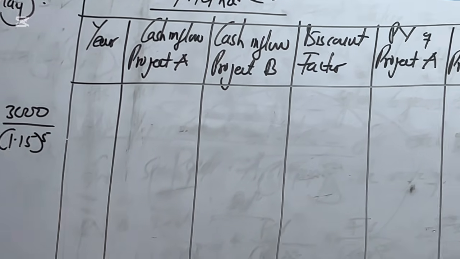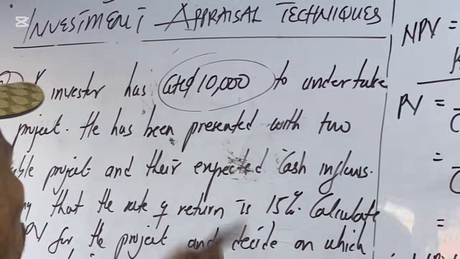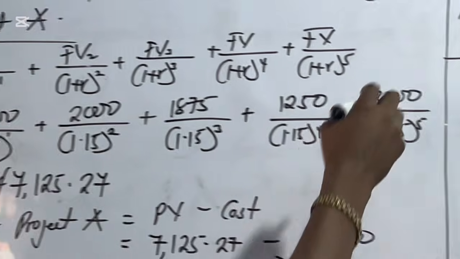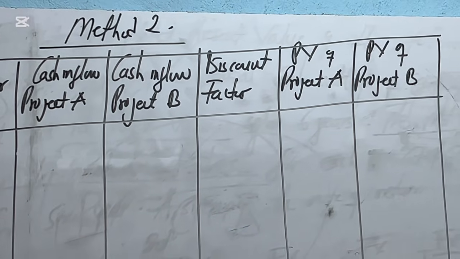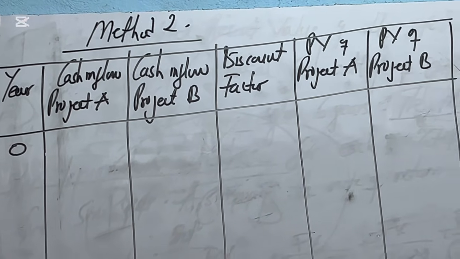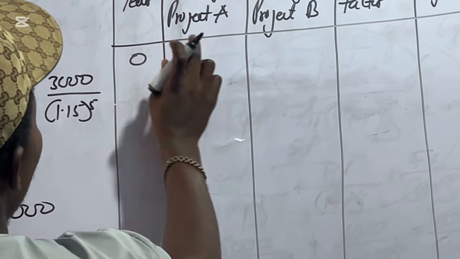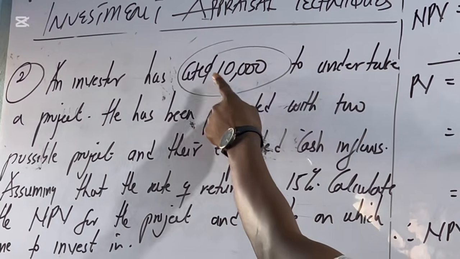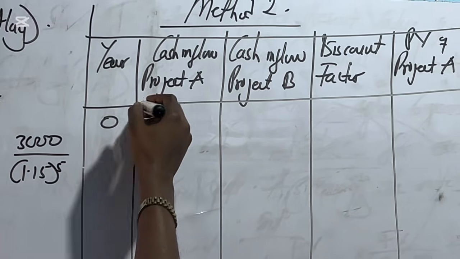Okay, so what do we have here? When you look at our initial investment, we put 0 here. That is, say, 1 year in buy. Or say after 1 year. 2 years. So the 0 here represents our initial cash outlay. So the initial cash outlay for project A, what you are spending on project A,